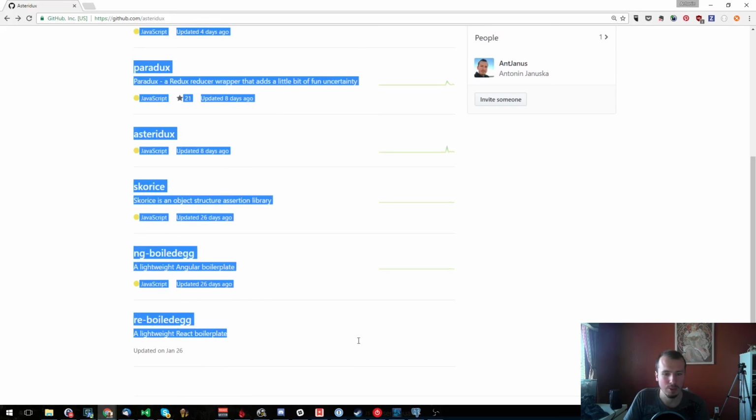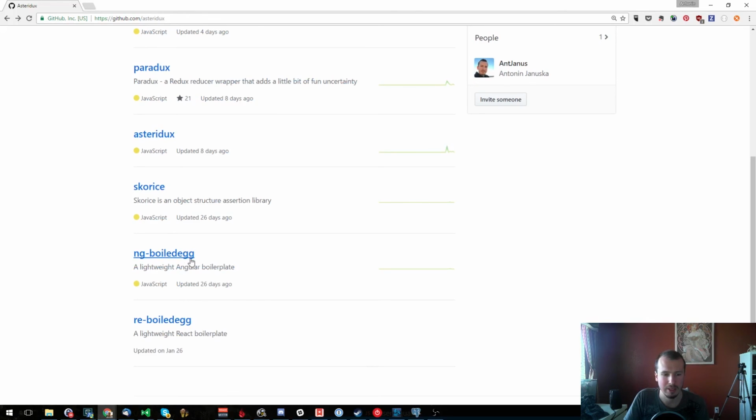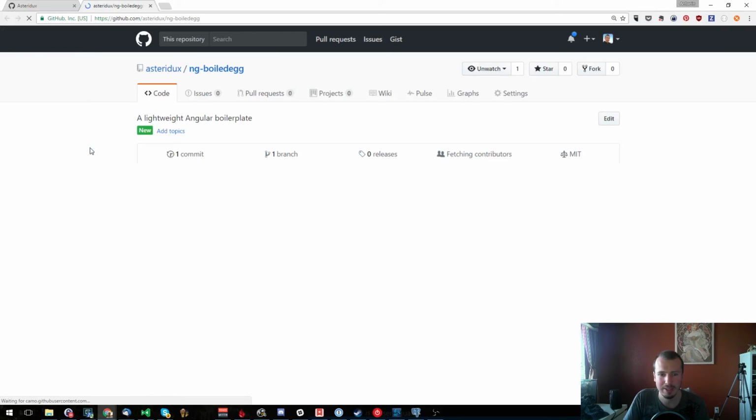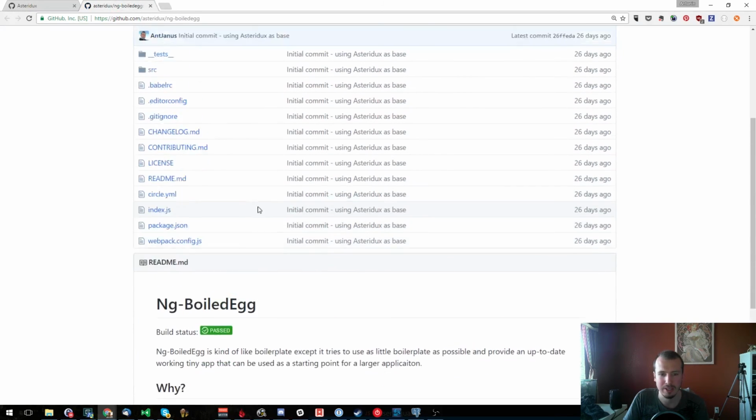Now, I created 2 more projects. One of them is a lightweight Angular boilerplate, and the other one is a lightweight React boilerplate, but I haven't done much with it yet. This is basically just a StairDucks,